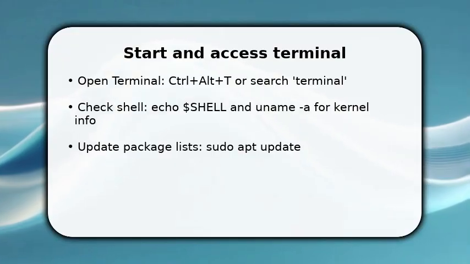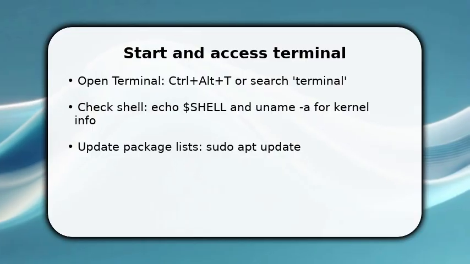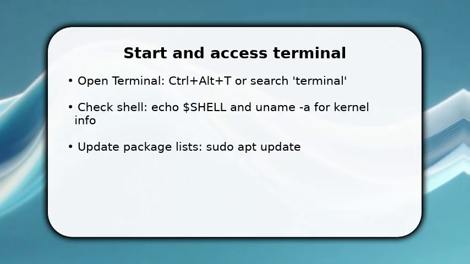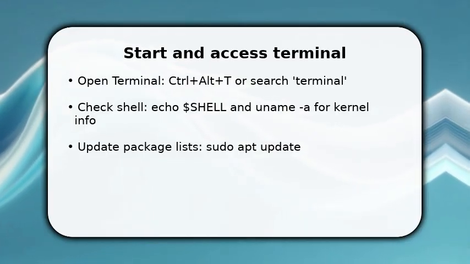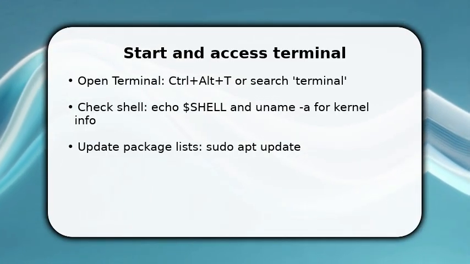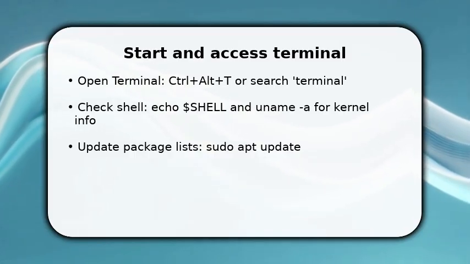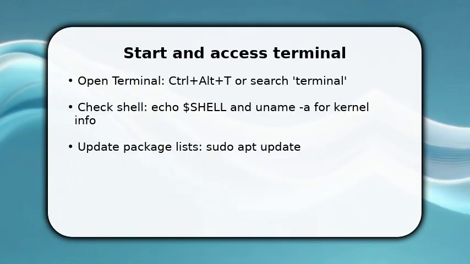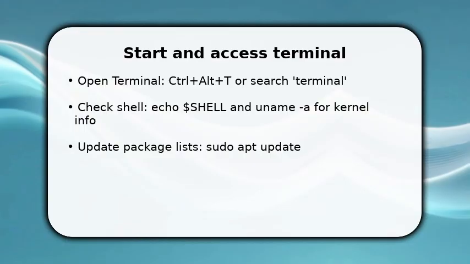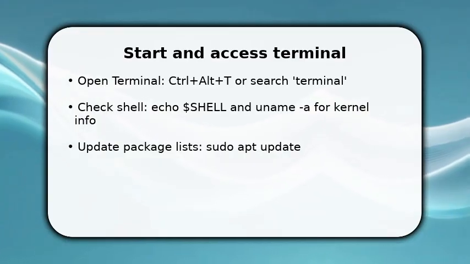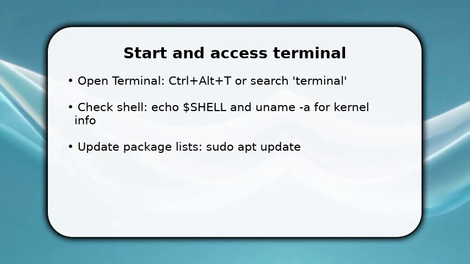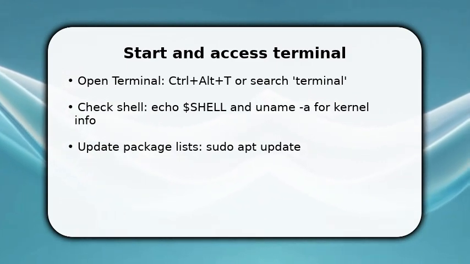You begin by opening the terminal and confirming your environment. This gives you context for all next steps. First, open Terminal with Ctrl plus Alt plus T or the app launcher. Once done, check your shell with echo $SHELL and verify the kernel with uname so you know what tools behave like. Make sure to refresh package metadata now, sudo apt update. This prevents wasted installs. Finally, use whoami to verify your user before running commands as sudo so you avoid permission